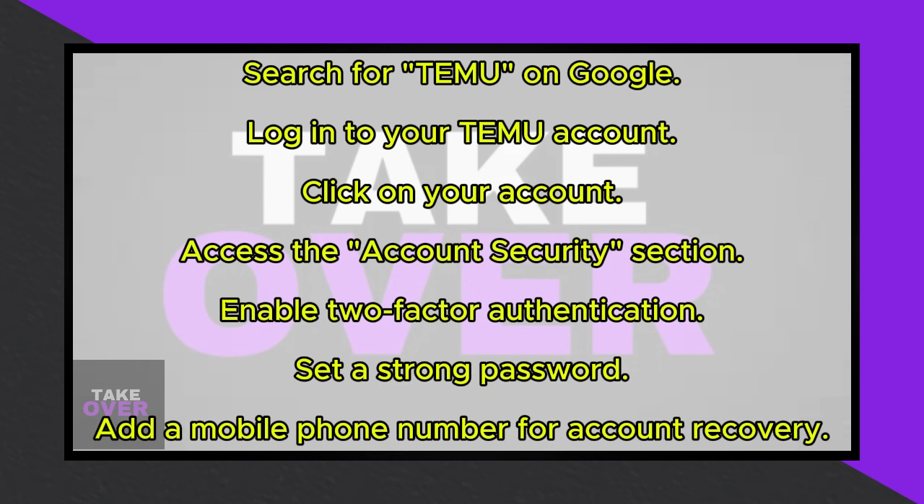Within the account security settings, ensure that you enable two-factor authentication for added security. Additionally, make sure to set a strong password and include a mobile phone number for account recovery purposes. Once you've completed these steps, your Temu account will be fully secured, and you shouldn't encounter any further issues related